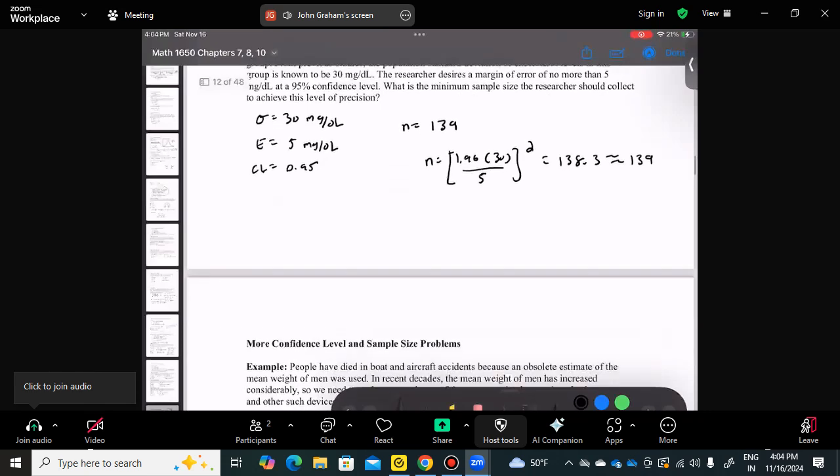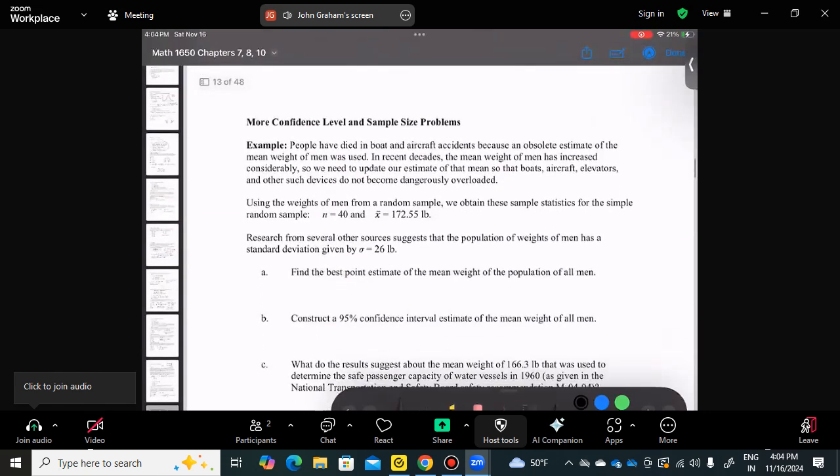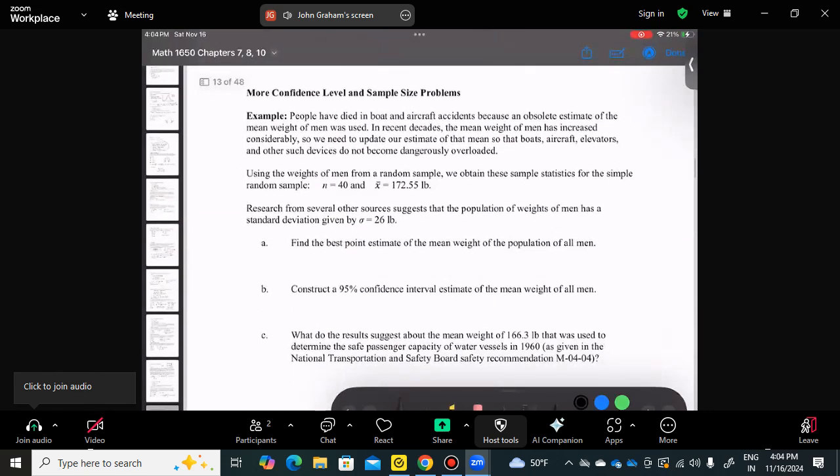Alright, so now we're going to get into more problems. Some will involve confidence level, some will involve sample size problems. If you want to, you can pause the video, go through, try these problems, see if you can figure things out, and then come back and look and see